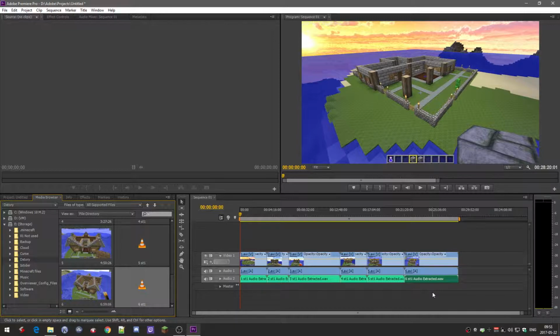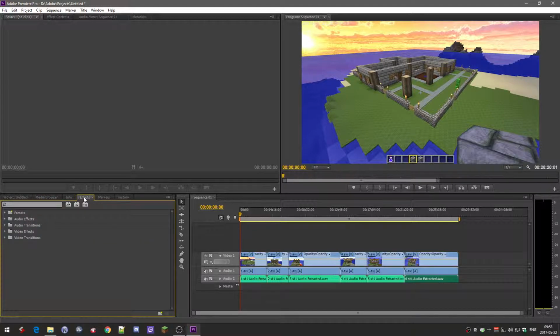So next I will add... I don't want to edit too much, so the only thing I add here is a transition, so audio, crossfade, and exponential fade. And I only put that, this is the audio, on the beginning here, like that, and also that one, and at the end file. So it will fade in the audio,